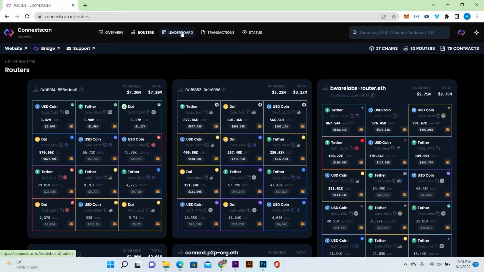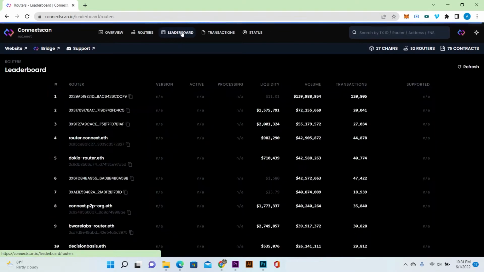So moving on from the routers, you're going to see the leaderboard tab. Now clicking on the leaderboard, it is still in relation to the Connext routers. So basically what you're going to see here are the routers ranked in a leaderboard based on the liquidity they have provided. So from each tab we can see a router, the version they are on, whether they are active